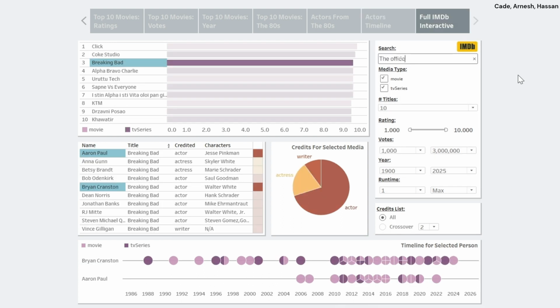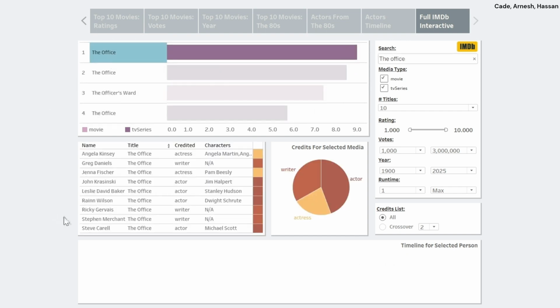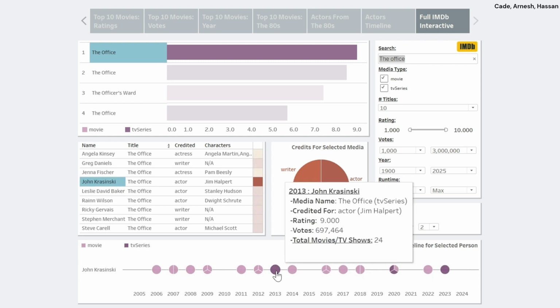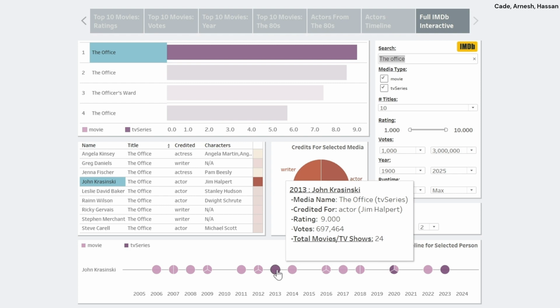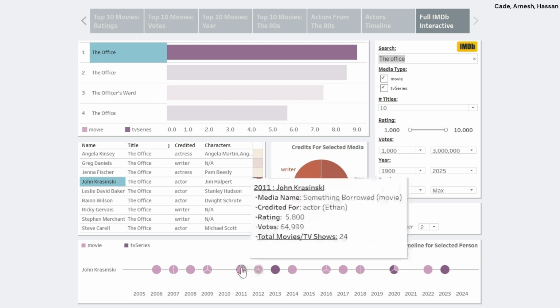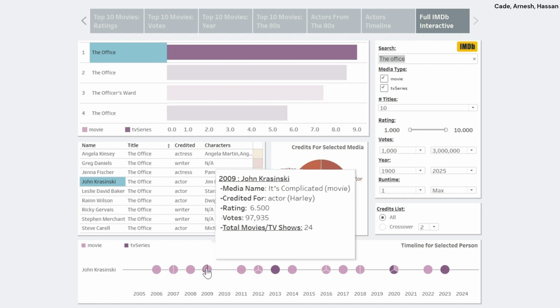You can search for any movie or TV show you want, like The Office, and then select it and quickly see a list of credits for it. So you can see that Jim has been in quite a few movies, but only a few TV shows. He's most well known for his role in The Office, which has a rating of 9 and almost 700,000 votes. So users might ask themselves why they haven't heard of the movies he's been in, and they can conduct an EDA by looking at each piece of media and seeing the average number of ratings and votes for them. And you can see for a lot of the movies he's been in, they have a low number of ratings